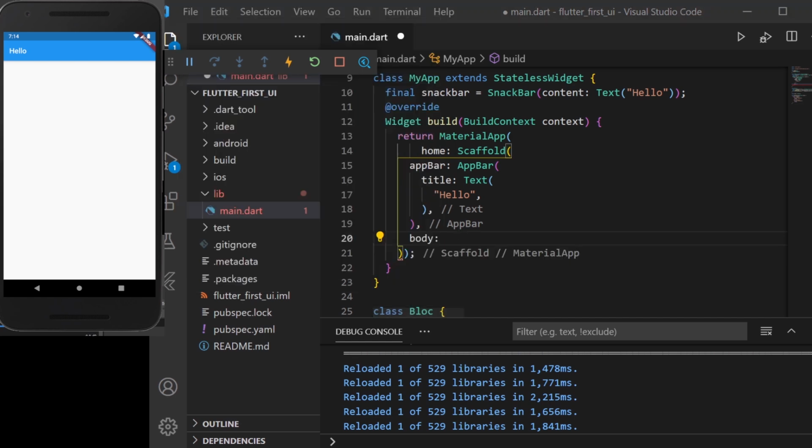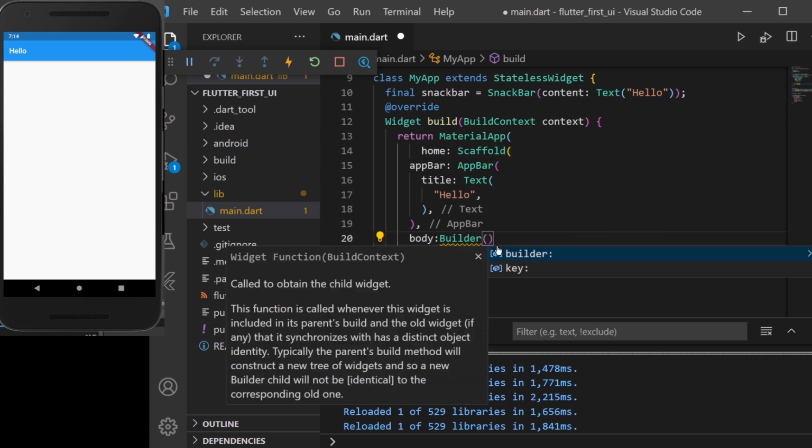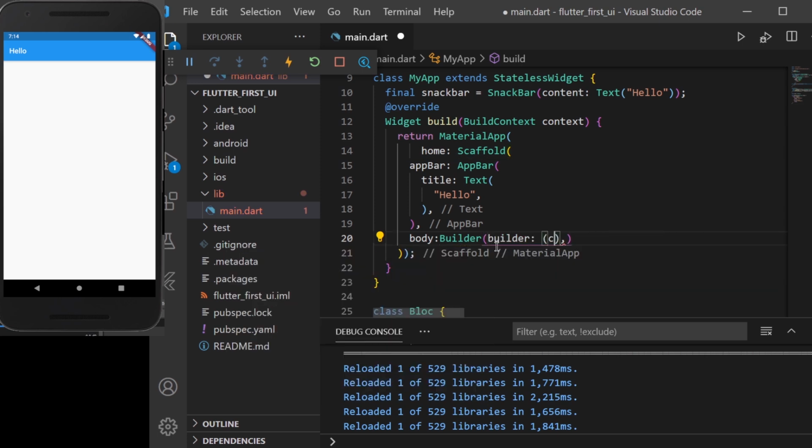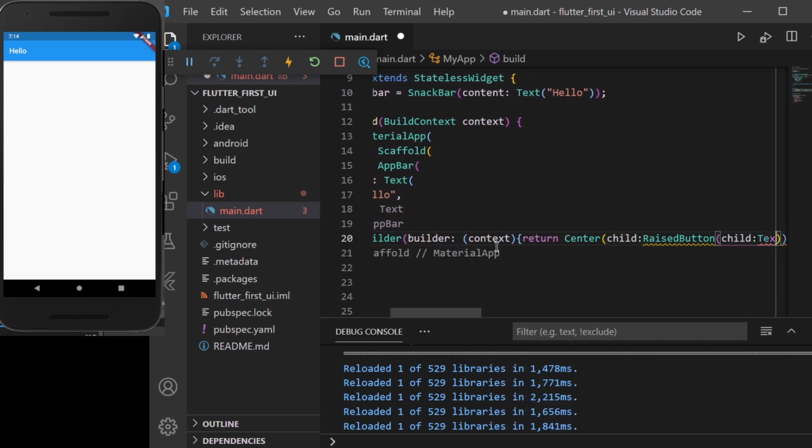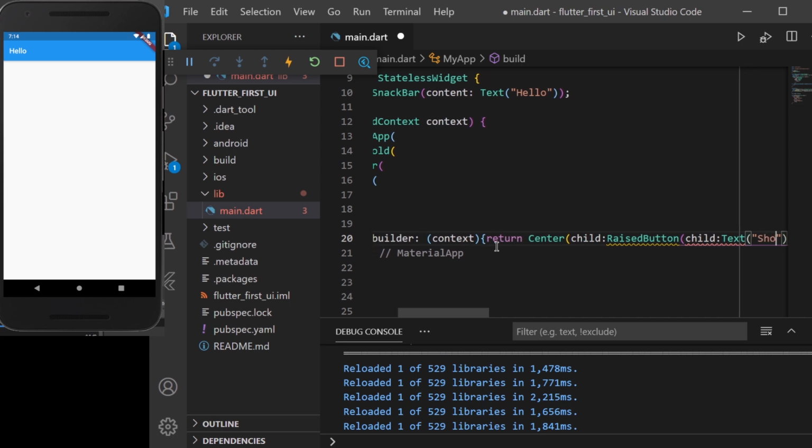Inside the body, we'll have a builder, and in this builder we have another builder which takes a context, and through this context we can return a widget. We'll be returning a center widget from it, which will have a child, and inside the child we will have a raised button. Whenever we click on this raised button, it will display a snack bar at the bottom.